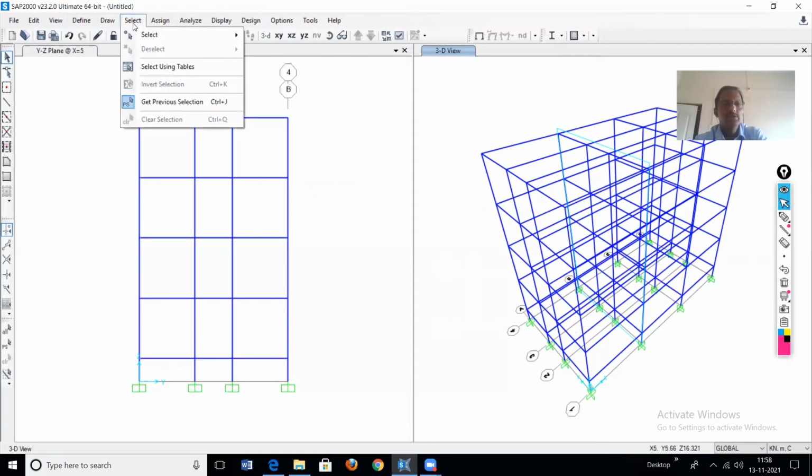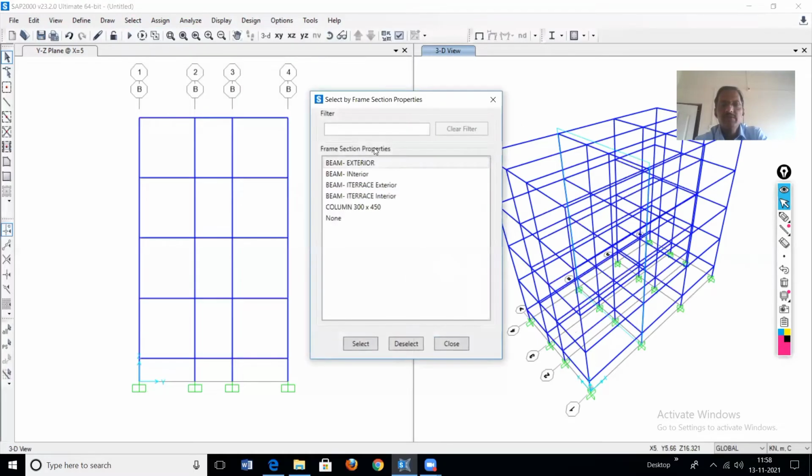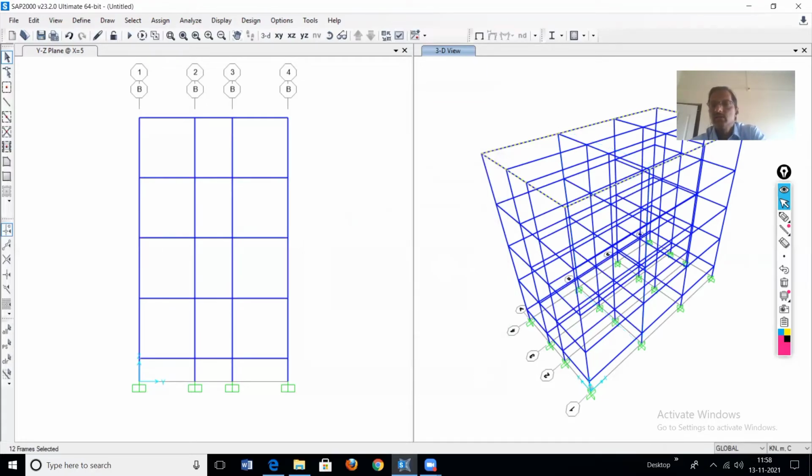Then select properties, then frame section, then terrace exterior. Select OK. See, only the terrace slab peripheral beams, exterior beams have been selected. It is correct, this definition.